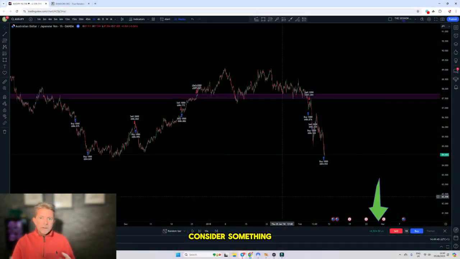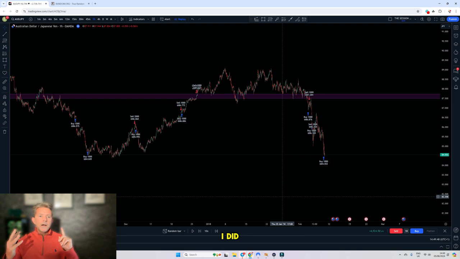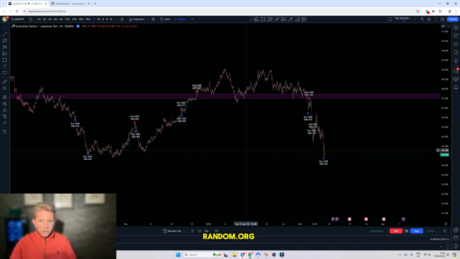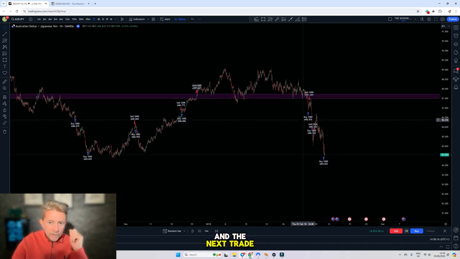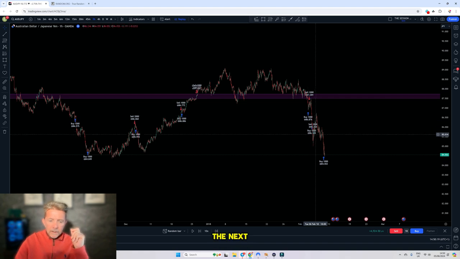Think that was difficult? Well, consider something. I didn't choose the currency pair. I did not choose the period to trade. I did not choose whether to go long or short. Random.org made all of the decisions. The first trade it actually got wrong because I had to enter another trade. The second trade it got right. The third trade it got right. The next trade it got right, and the next trade it got right, and the next trade it got right,